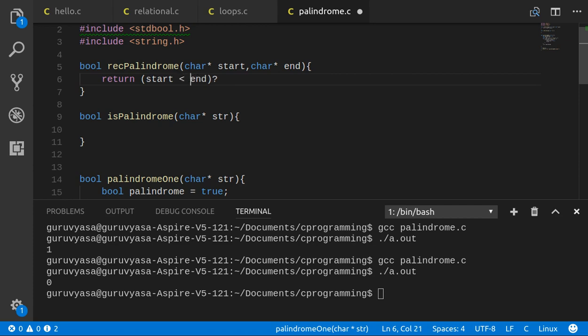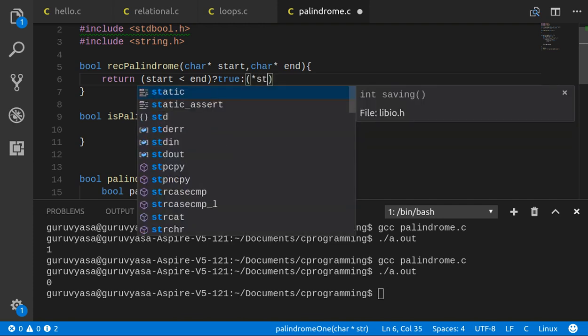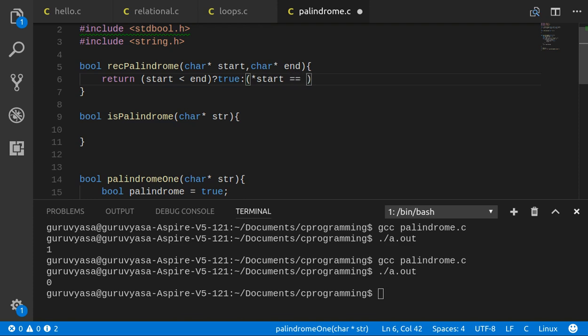If start is less than end, then we need to return true, because that means it is a palindrome, we have found a palindrome, right? Otherwise we need to return the status of something like this. So we need to return the status of star of start equals star of end. That means the first character and the last character are equal,